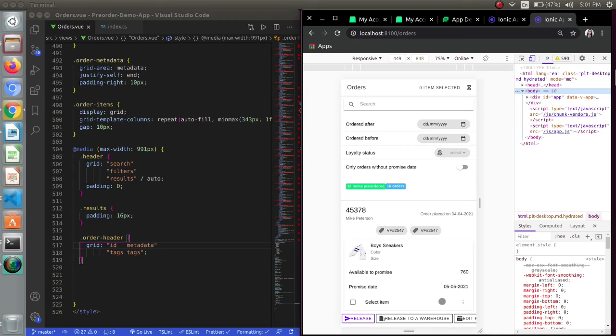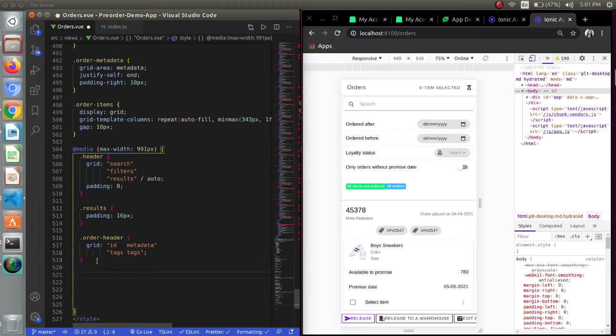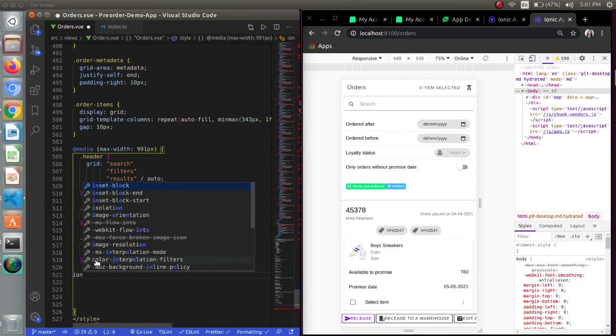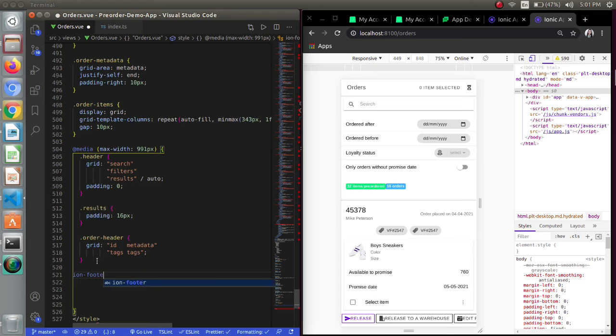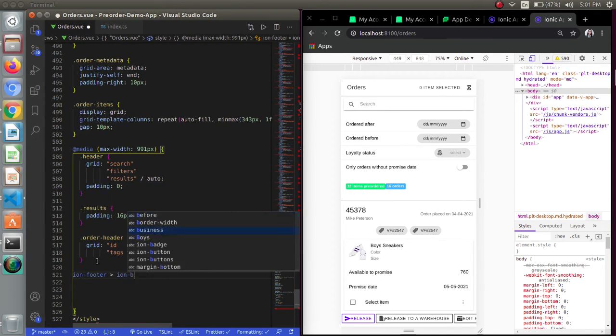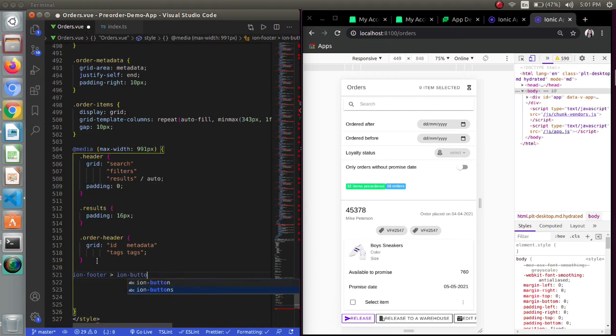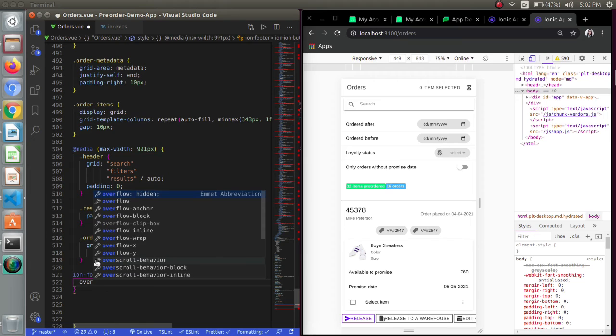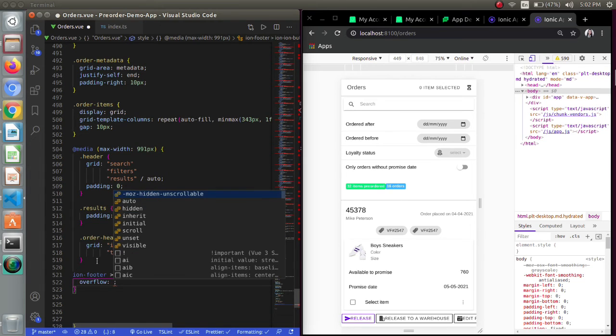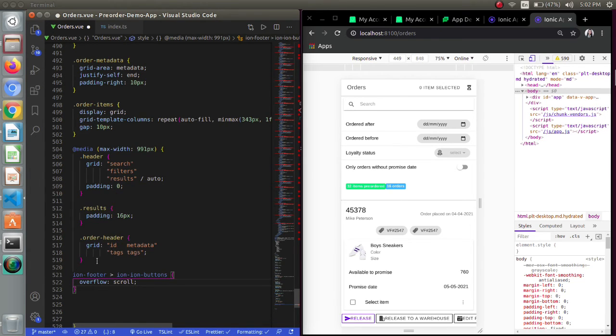Now we will focus on the scrollable footer buttons. I want the buttons of the footer to be scrollable, so we can use a selector over here. Let's just try this method, and I will be setting its property to overflow scroll. So save.